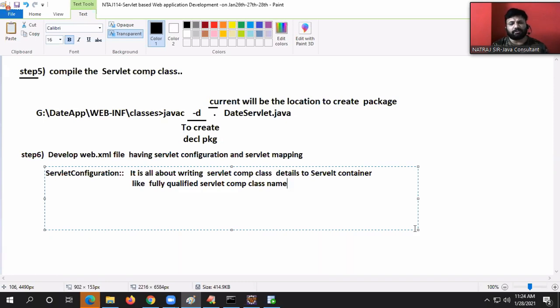Fully qualified means with the package name. Logical name internally becomes the object name. When the object is created, what will be the object name? And so on.